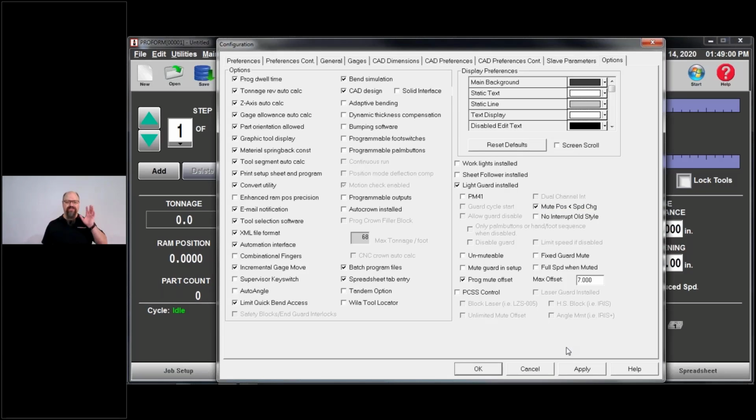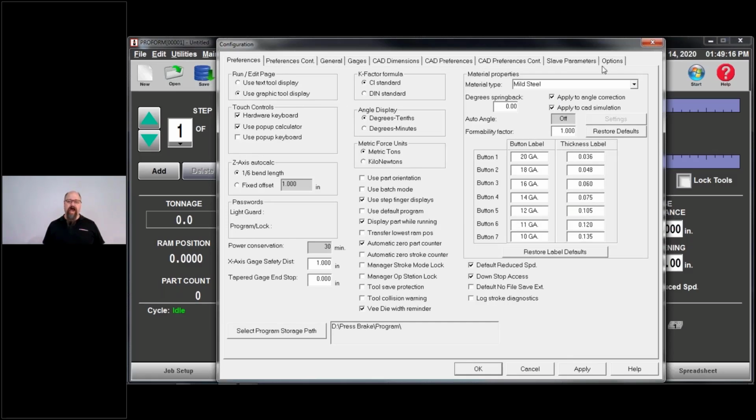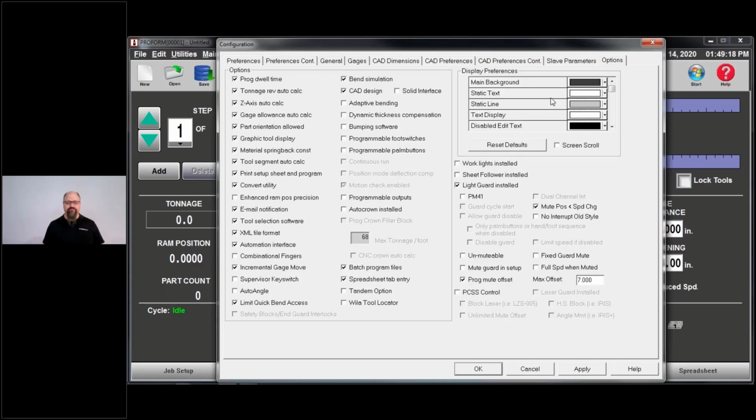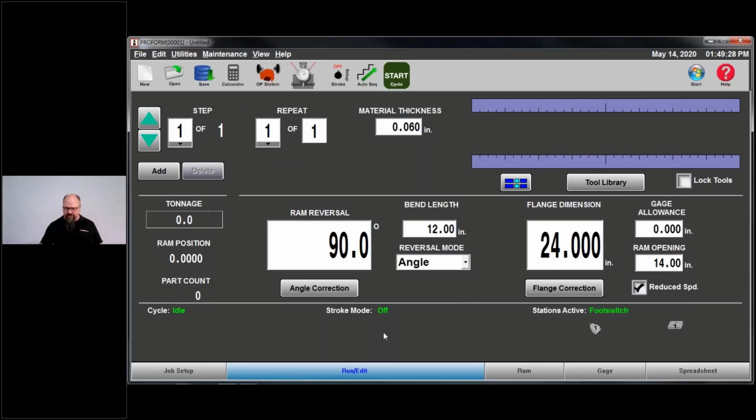So that's the configuration. Those are the things that matter from an offline programming standpoint. As I said, there are tons of things here that you can go through and pick out each and every time, but they're not really going to affect the way I do offline programming. Okay, so with that, I am done with the configuration.